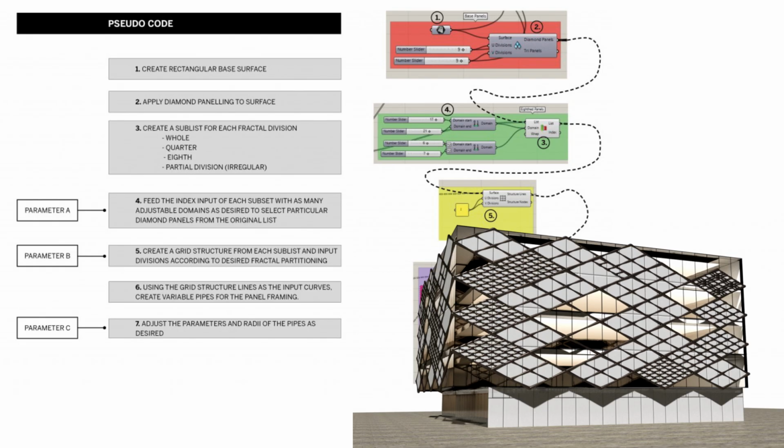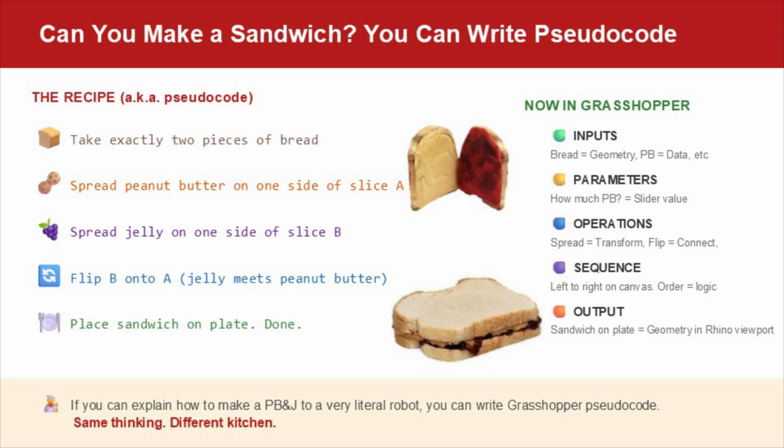So think of it like a recipe, right? Before you cook, you write down the ingredients and the steps. You do not start chopping without knowing what you're making or how much you need to chop, right? So Grasshopper is the same. The pseudocode is your recipe, the components are your ingredients, and the canvas is your kitchen. So let me show you what we will